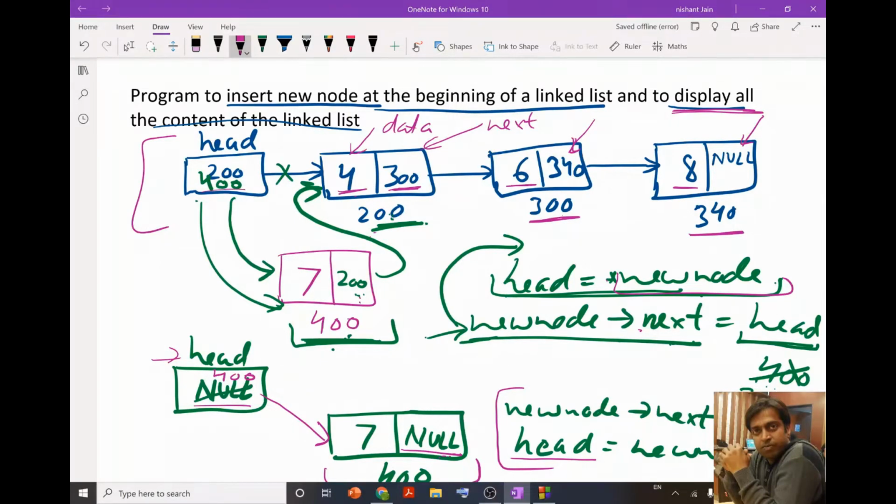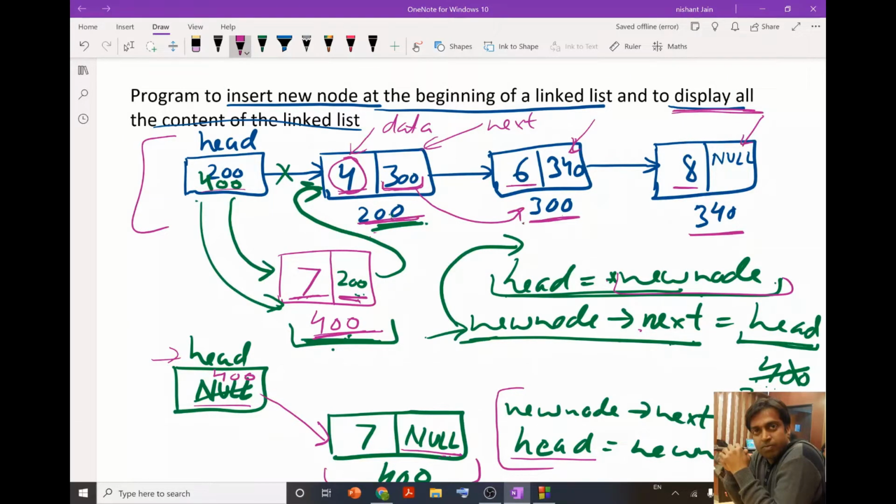Okay, so with this value 400, I will come to this location, and at this location I will read this data and display the data. Now after displaying this data, with the help of this next pointer, I will go to the next node. In the next node, I will again read this data and display it, and then with the help of the address in the next pointer I will come to the next node.